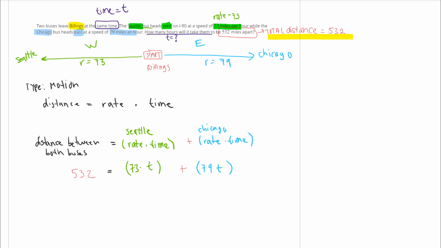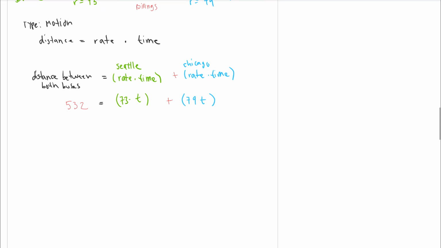It specifically says that it would be the same time. So when I really have my equation, I have 532 is equal to 73t plus 79t. So I can go ahead and just add these together. So that 73t plus 79t is going to equal